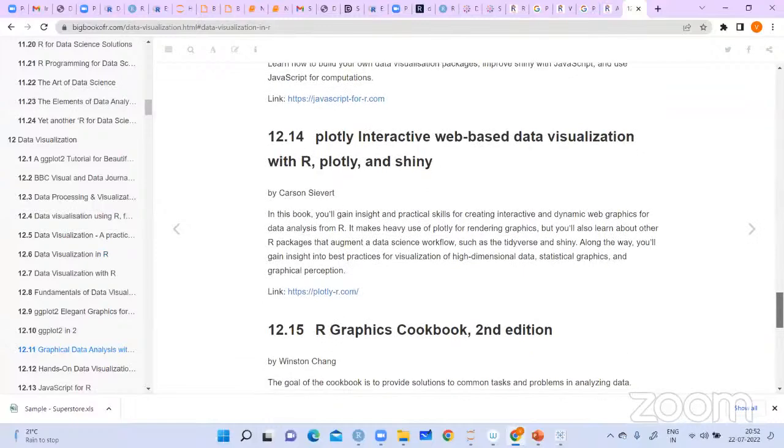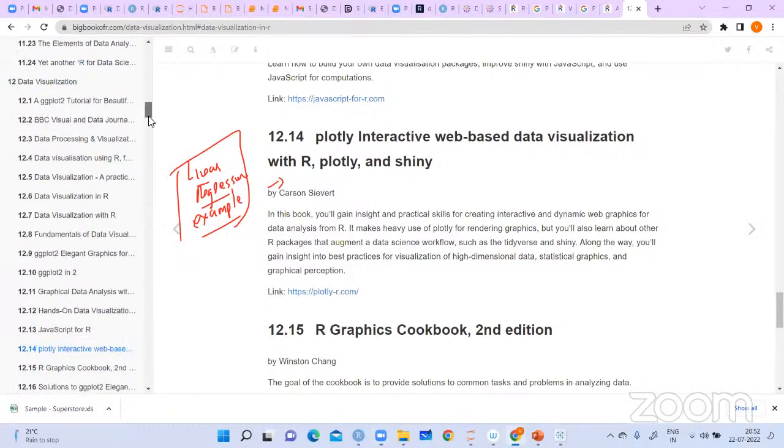So Shiny. We have discussed this Shiny, how to create one application. I showed you that linear regression example. So you can find more examples here. So then if you scroll down,